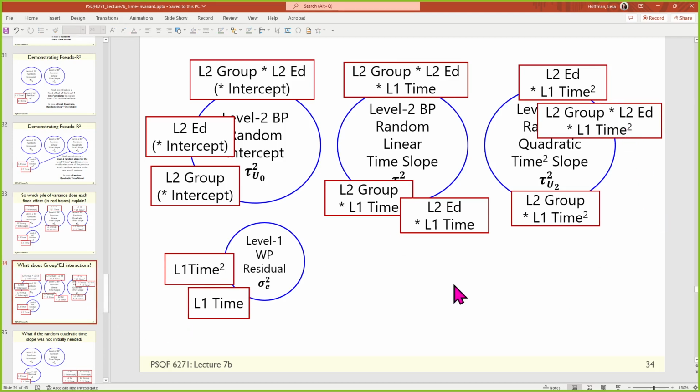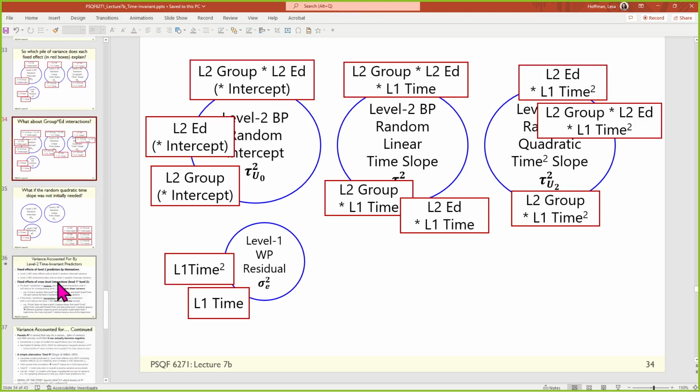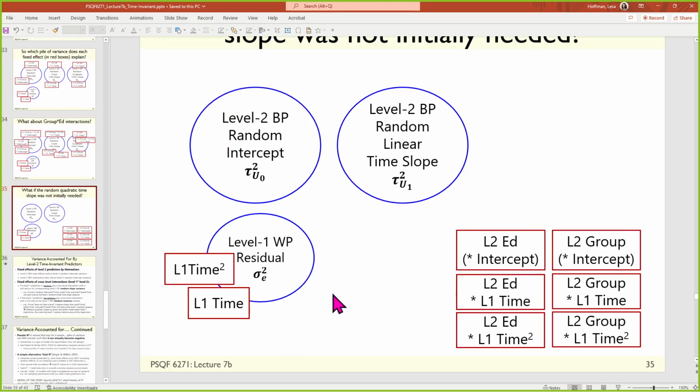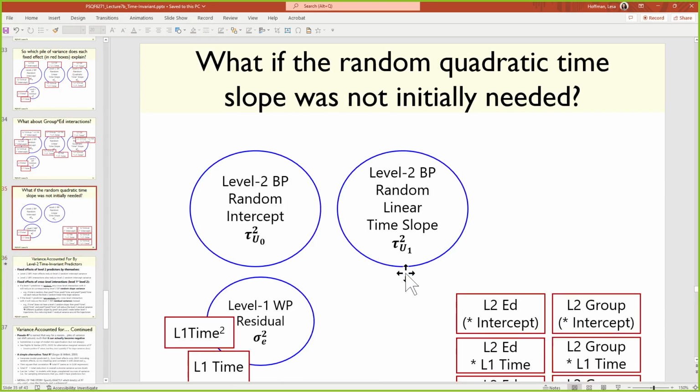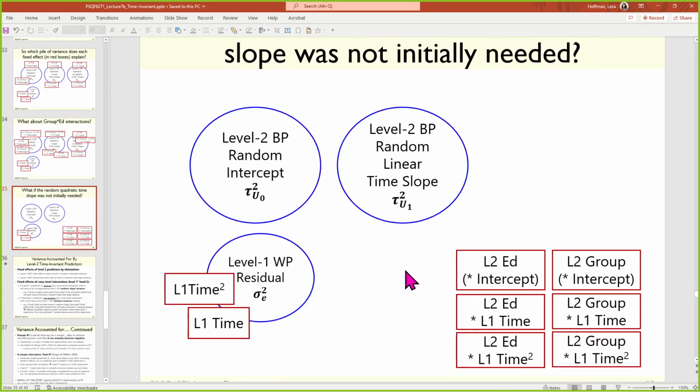Now what if this bubble wasn't here? What if random quadratic time was not part of my model? What if it looked like everybody could share a common rate of acceleration and it was fine? So here's the same set of questions. Here's the same variables